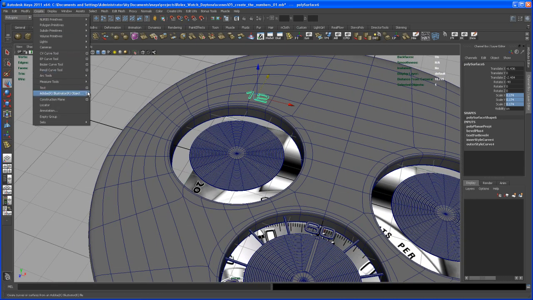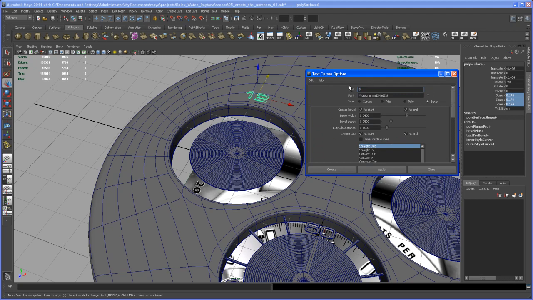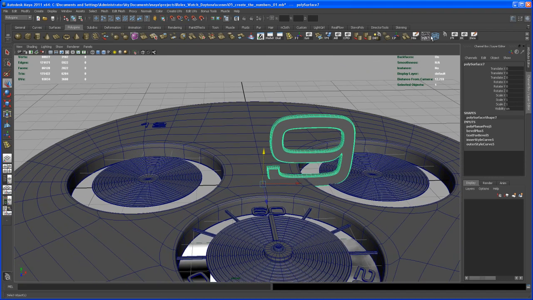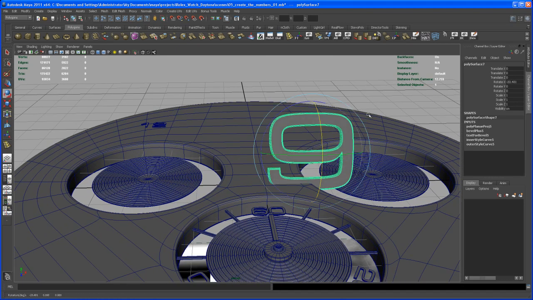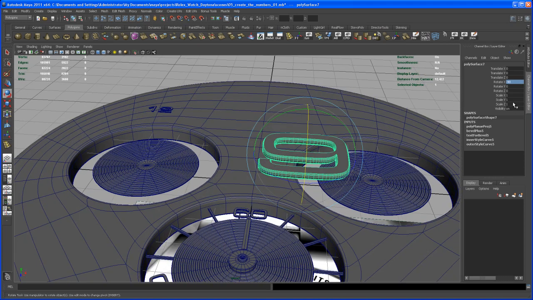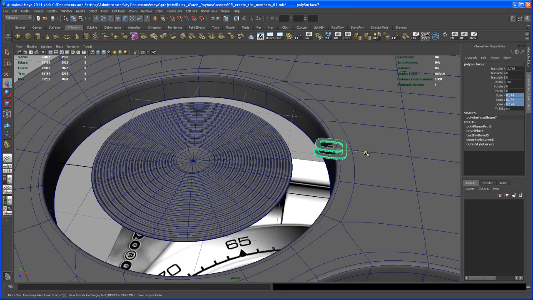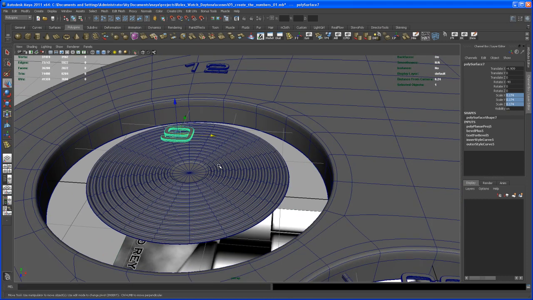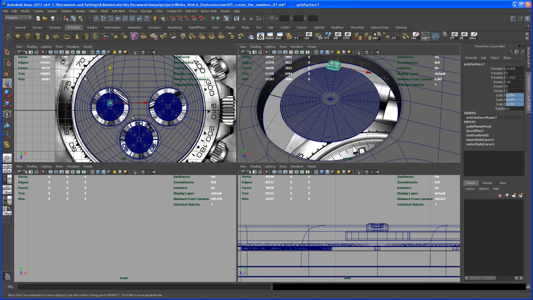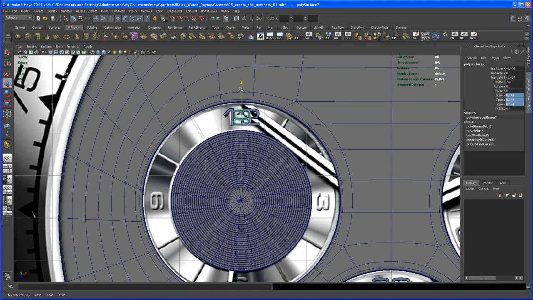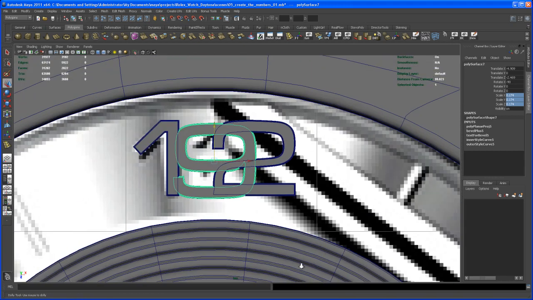Go to create, go to text, type in 9, and say apply. And again, let's center the pivot. Let's rotate that guy -90 in X. And let's scale that down 0.174 and move this guy into the center here. And then go to the top view and bring this guy somewhere in the position of that 12,